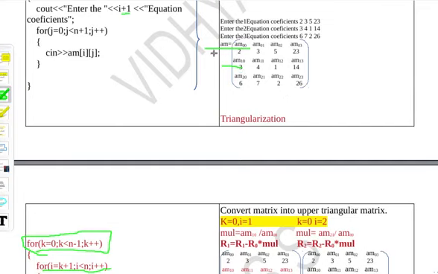If this is the pivot element, 0 0 is the pivot element, I will divide it with the element just below that. Then see, here also I will divide 6 divided by 2. That is the element in the same column but in the next row. Here also, if 1 1 is taken as the pivot element, I need to divide this with 7. That is, 7 is in the same column but in the next row.